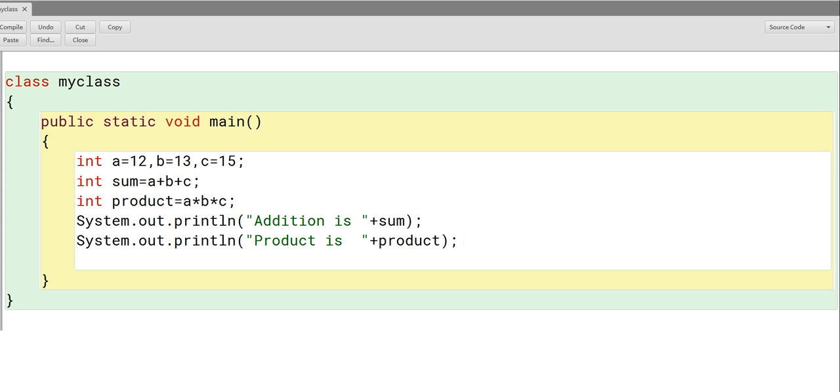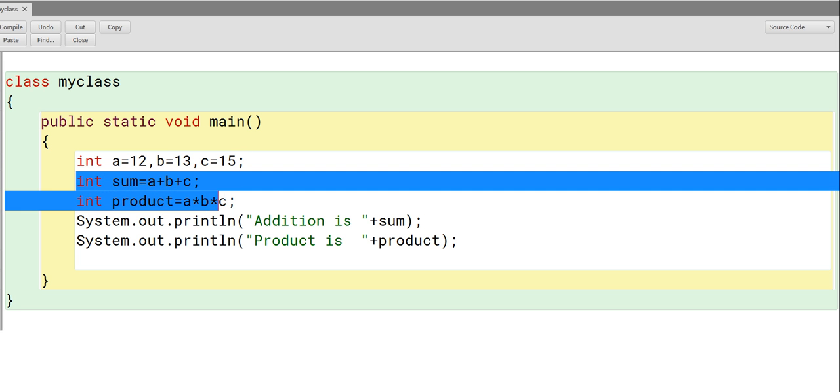So this is the program where you are able to understand how to write a program in the simplest form. After all, every kind of program is divided into three parts: input, processing, and output. This is the input. Here we are taking the input in the form of assigning variables different values, and these two statements are for the processing.